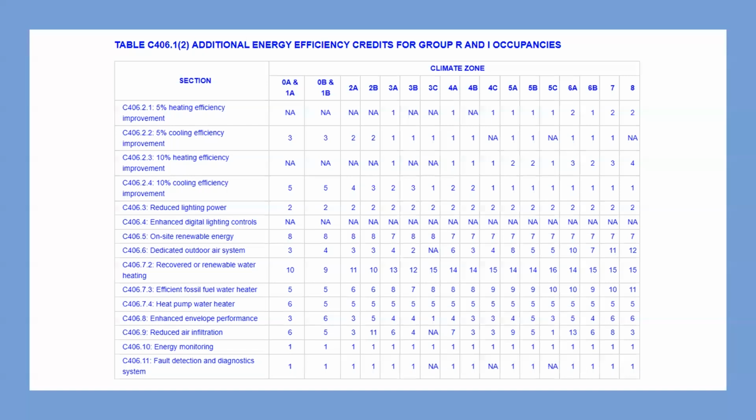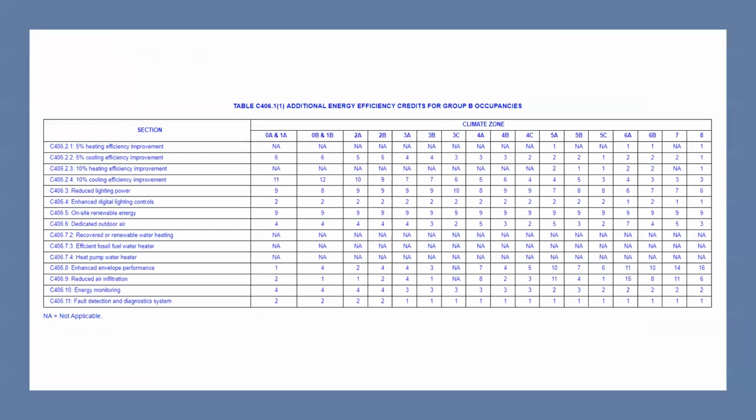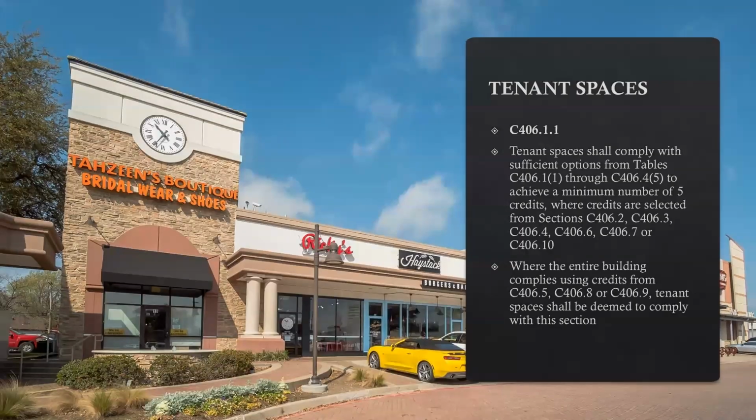We already talked about this. We looked at it from the code book, so I'll just span through this real quick, but it talks about each one. We just spelled that out a second ago. But for tenant spaces, it says tenant spaces shall comply with sufficient options from each specific table to achieve a minimum. So now all of a sudden the building has gotten 10 points, and each tenant space also needs to get credits. Again, this is where people look at it and go, this is getting out of control. It's getting out of hand. I understand the complaints. I understand the rolling of the eyes, saying this is getting kind of ridiculous,